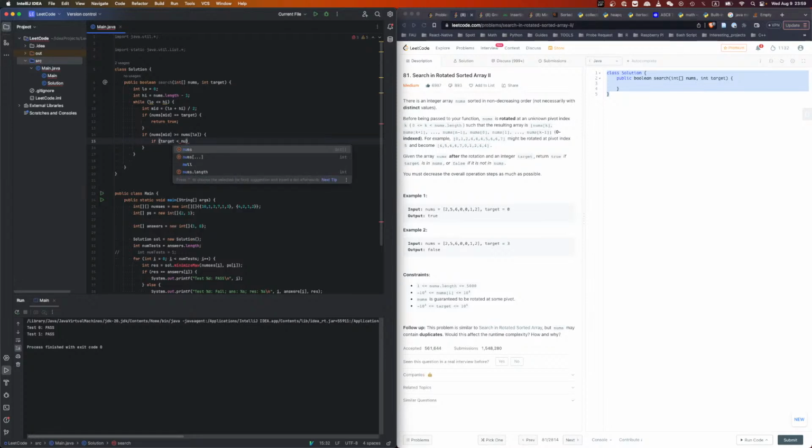Because the high never really goes down, the low will go up. Maybe we should do larger or equal to, yeah. So if the target is smaller than